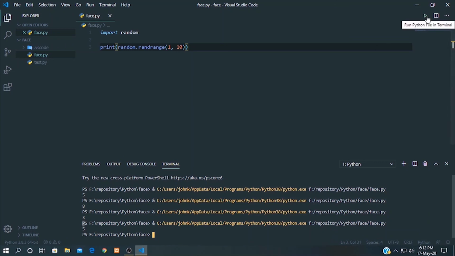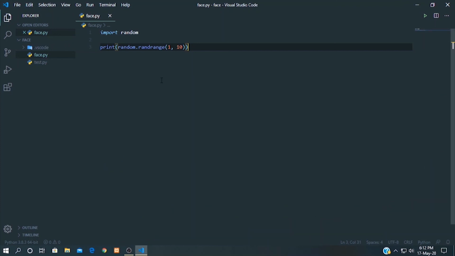It's again showing 5 and again 5 and 4, 3, 6. So it's working. This is how we can create random numbers and use them, but we have to import the random module to use random numbers. So this is all about Python numbers today.